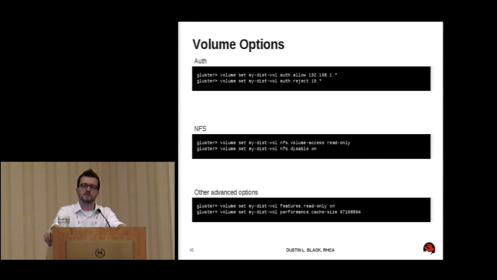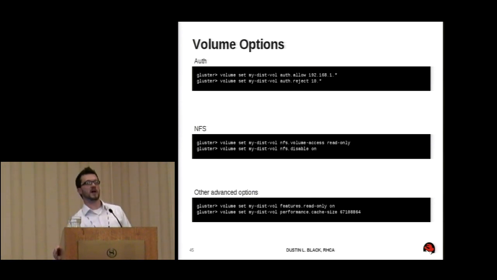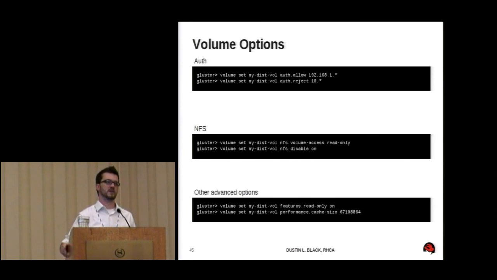If you want to set authorization for how data on your Gluster volumes is accessed, the volume set command is the core command for applying these attributes. So I'm saying volume set, the name of the volume, and auth.allow, and you can see that I can pass an IP address wildcard there. And the same thing with auth.reject: don't allow anything from the 10.anything IP address. Pretty straightforward stuff.